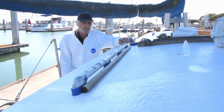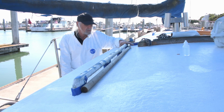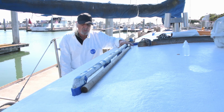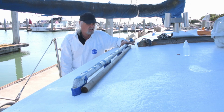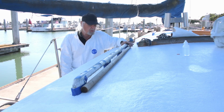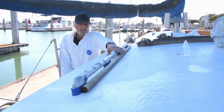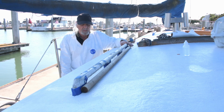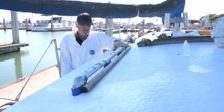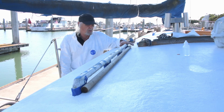Okay, now I'm getting ready to mask around these rails, and I've just cleaned them with some mineral spirits. I'm getting ready to lay out some masking tape. I'm going to gel coat a white strip underneath this. I just have to fill in all the areas that I sanded. I get a good few coats of white gel coat underneath, and that way